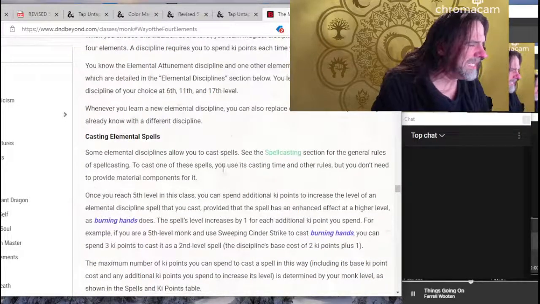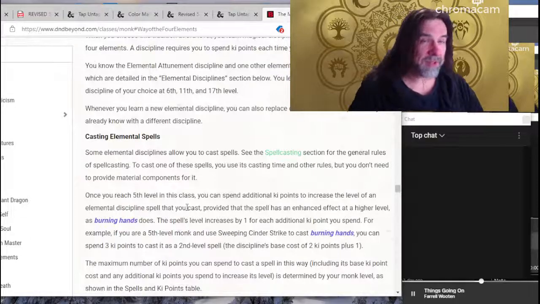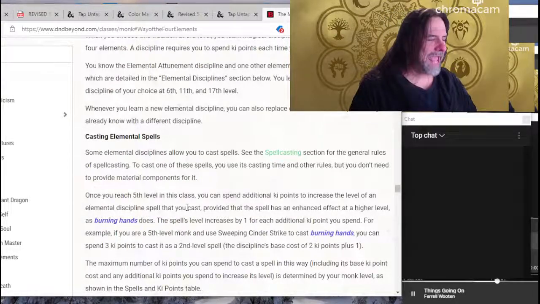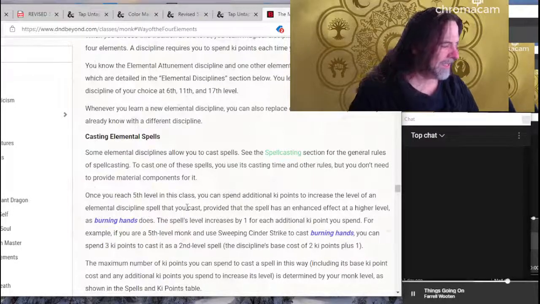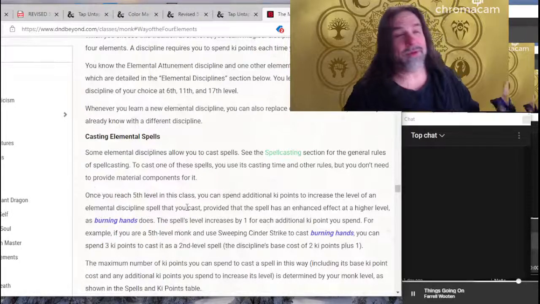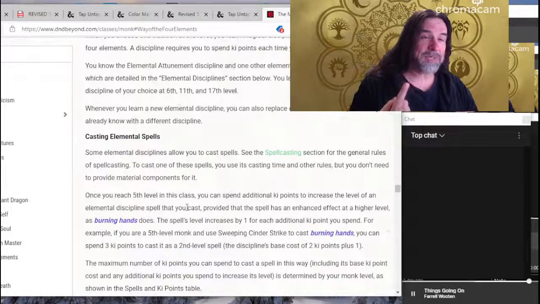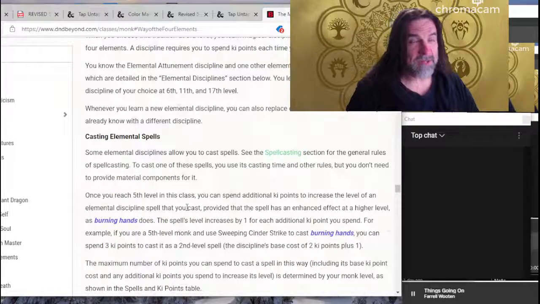The only thing that you get for taking this class is you get one cantrip at 3rd level, and then you get a 1st level spell at 3rd level. You get a 2nd level spell at 5th level, 6th level. You get a 3rd level spell at 11th level, and then at 17th level you can get either a 4th or a 5th level spell. So you basically get one cantrip and 4 spells throughout your entire 20 level career with no additional subclass features,